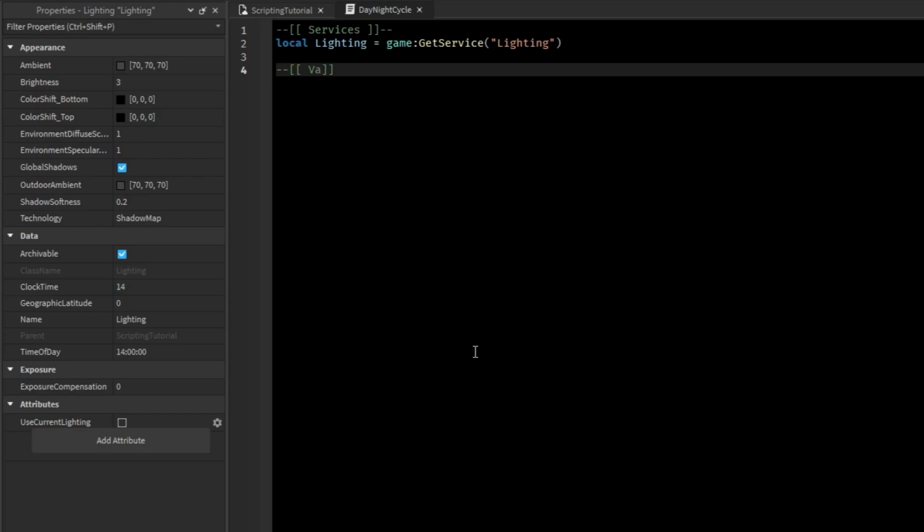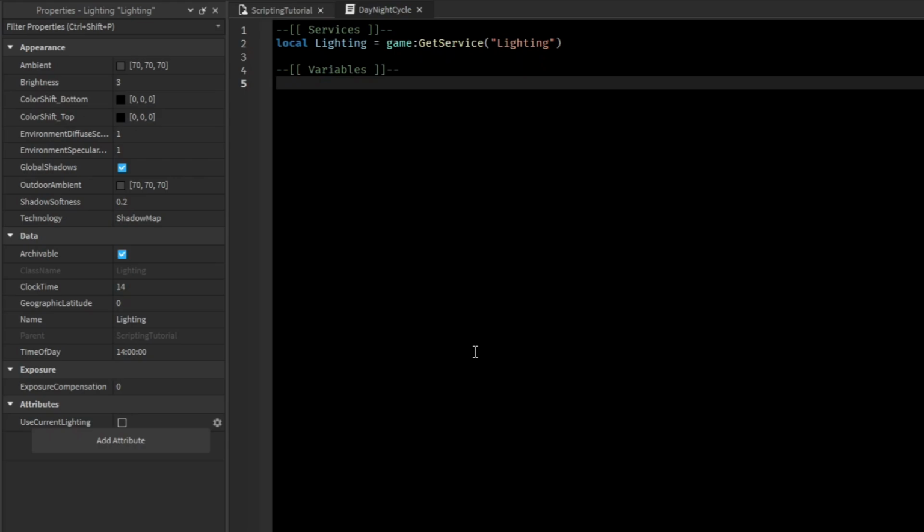So what I'm going to do next is grab some variables. So we're going to do variables, and we're going to start with our biggest, most useful part of this tutorial and what we're actually doing. So we're going to create a variable called day length. I'm going to say in a comment here that day length defines how long an in-game day is, and that's